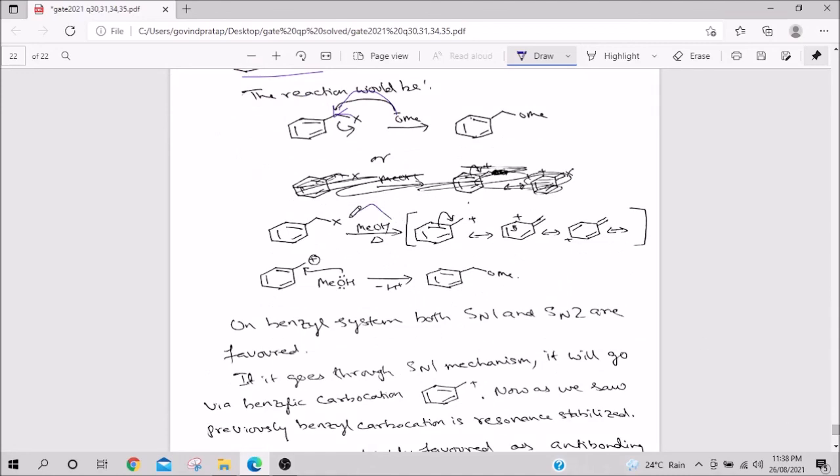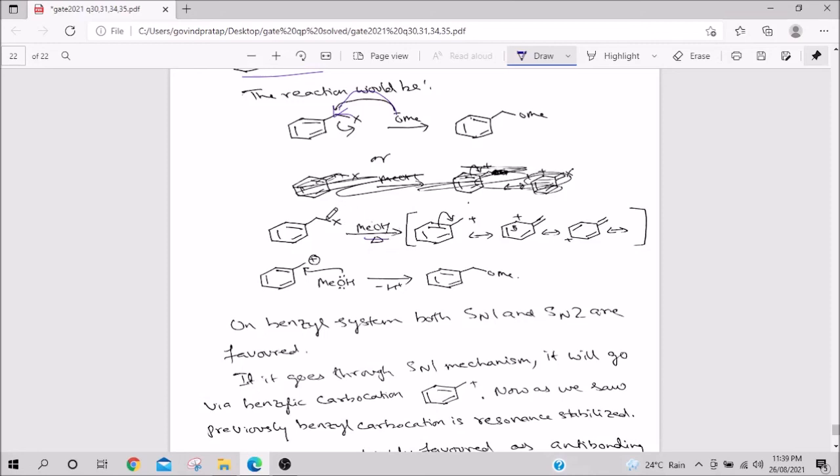Imagine if you have a weak nucleophile, something like methanol. So methanol is a weak nucleophile. It is in no hurry. It is very stable. It is in no hurry to go and attack this center. You appreciate my point? If it was a powerful nucleophile, then it would have been SN2, because it is unstable. A powerful nucleophile is unstable, it will immediately go and attack. But methanol is very stable, so as a weak nucleophile, it will wait.